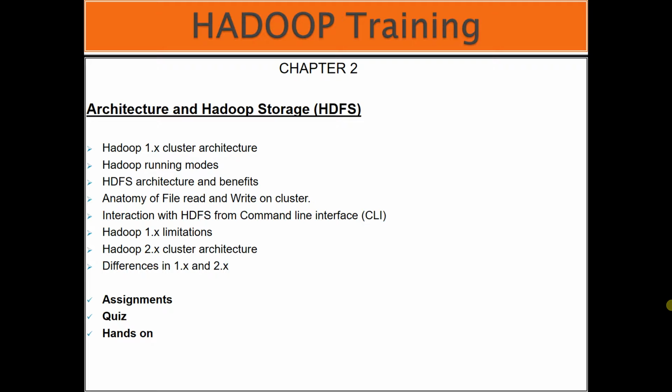Then we'll move to chapter 2, where we will talk about the architecture and Hadoop storage. This chapter is strictly about storage only, Hadoop distributed storage. Here I will not talk about the processing part. I have kept a separate chapter for processing and a separate chapter for storage, so that participants can understand it better. Then I will talk about Hadoop 1.x cluster architecture in terms of storage, how the data is stored in a 1.x